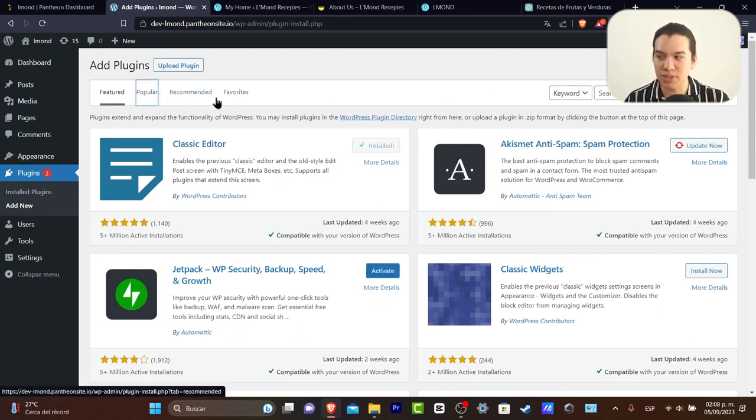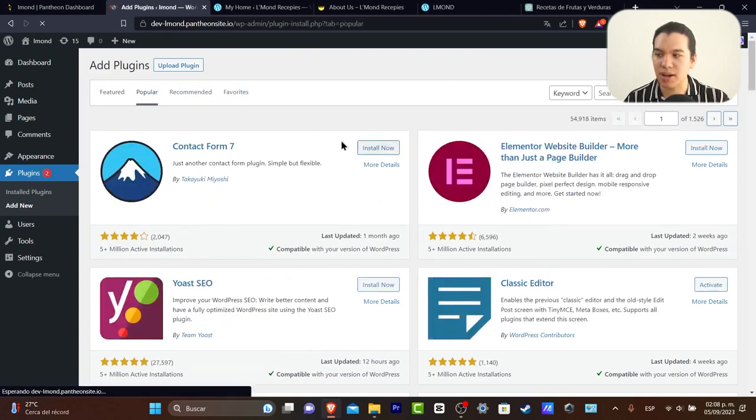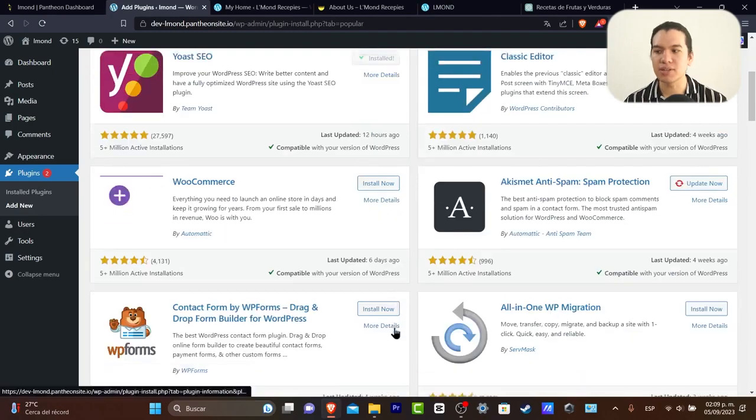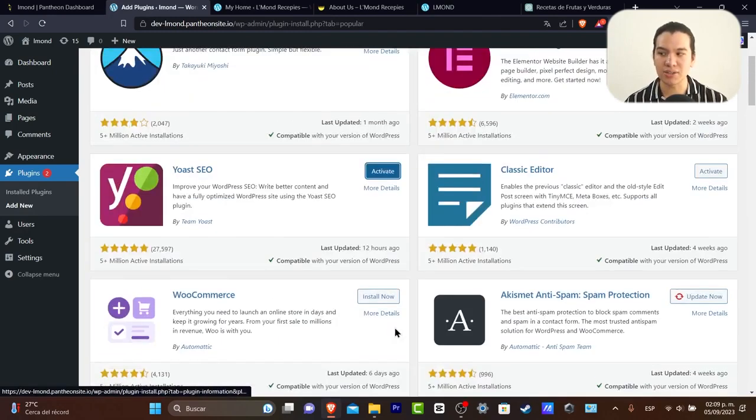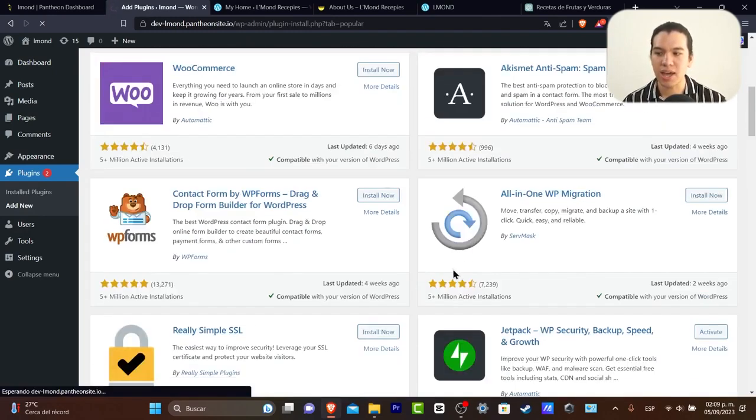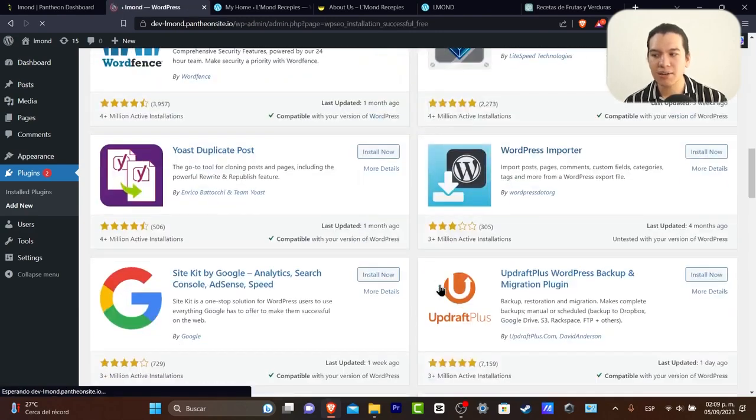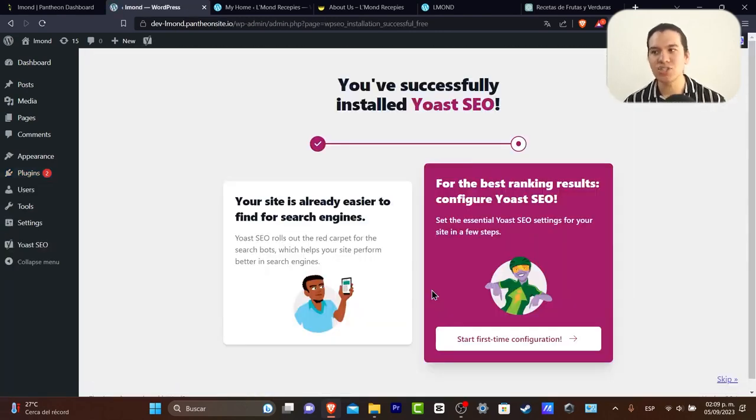So usually, guys, what you wanted to do now that you have this new section, I can totally suggest you to add 3 great plugins that can be helping you to make this much easier. Number 1 is the Yoast SEO. Number 2, if you're like an online store, is to activate WooCommerce. And the number 3, you can add more stuff like Site Kit. Site Kit is going to be helping you to add Google Analytics,